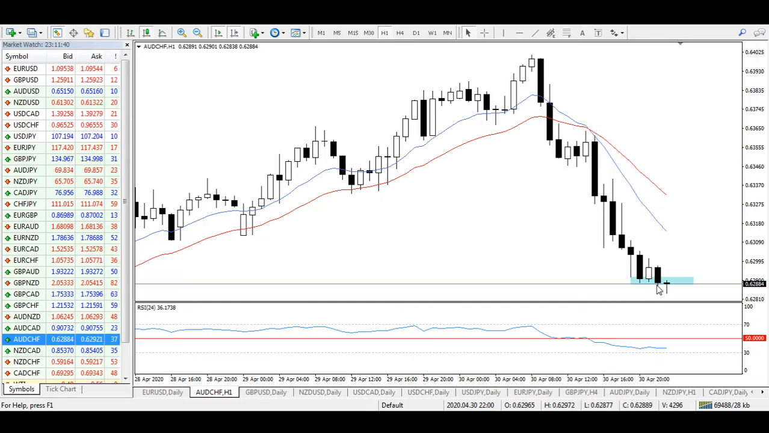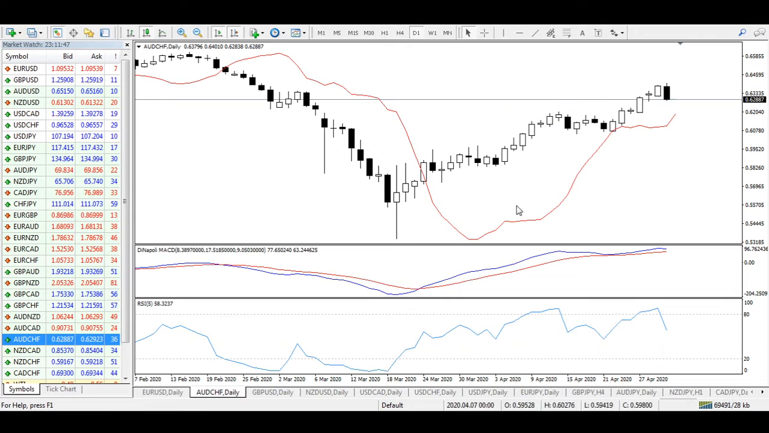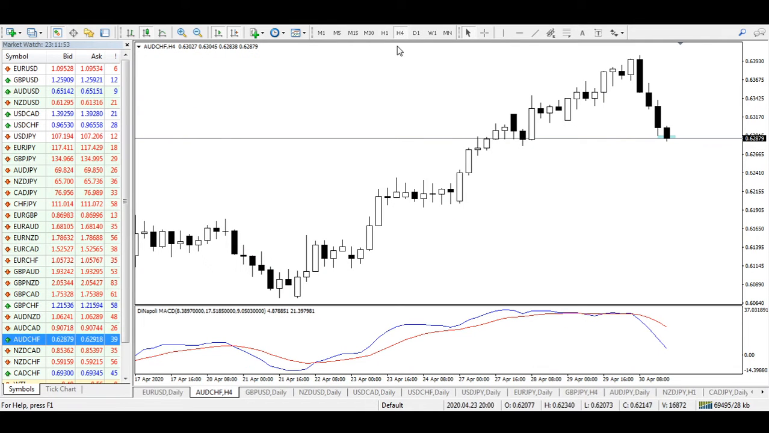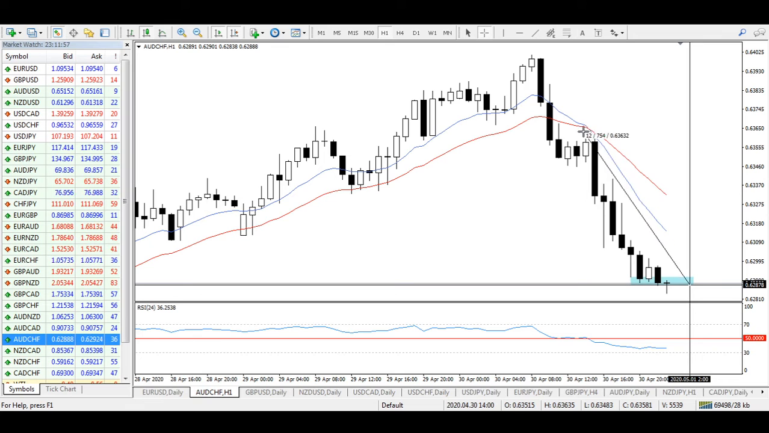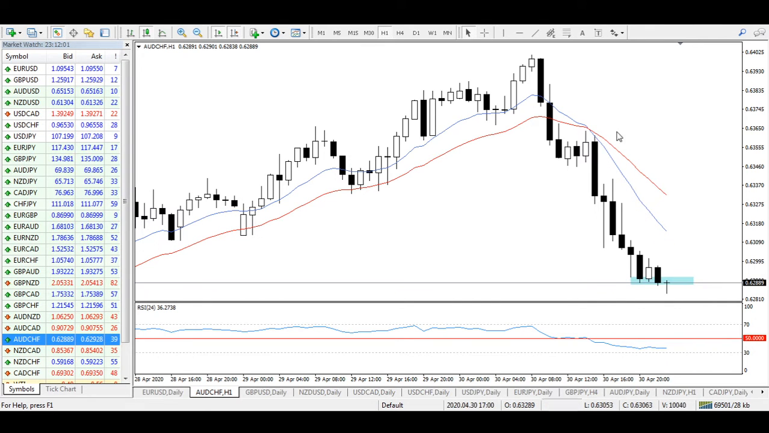but when it penetrated below it, I did not wait. I took my sell position, and I'm targeting equal to my stop loss. From this point my stop loss is right here, at the top of the previous consolidation zone. This was the previous consolidation zone,